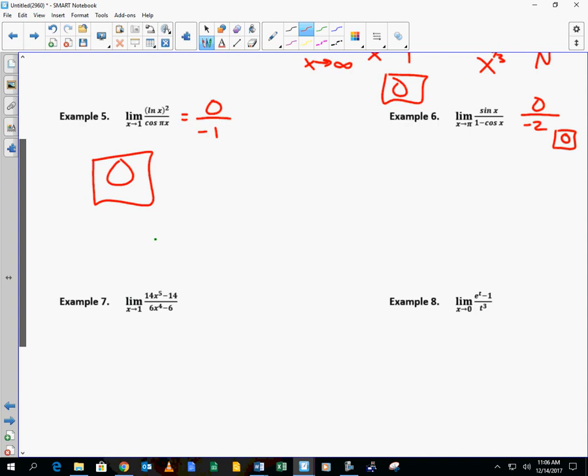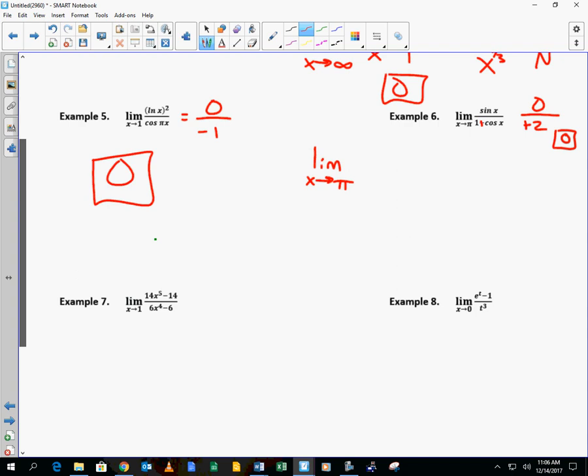Oh yeah, positive 2. Yeah. Still 0. But what if instead of 1 minus cosine, what if it was 1 plus cosine of x? So then it would be 0 over 0, and I would use what? L'Hopital's rule. And I would have the limit as x goes to pi